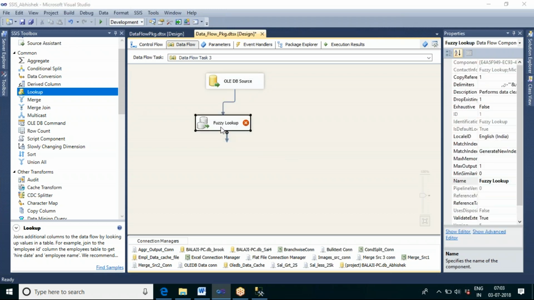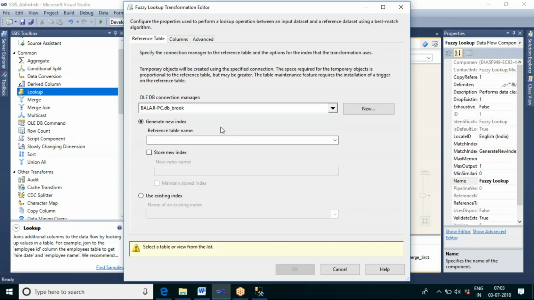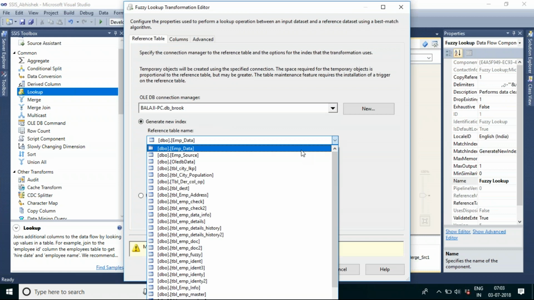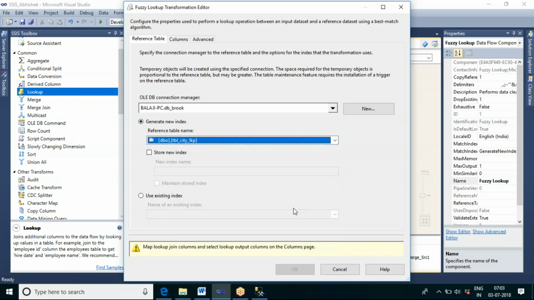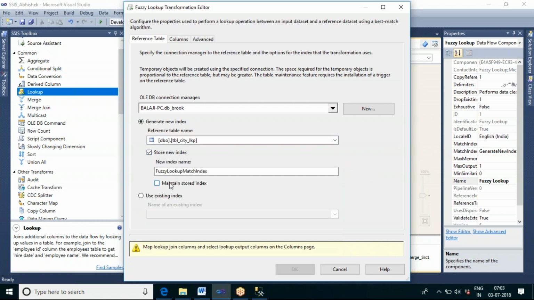So here we need to apply the join, and the master table is present in the same database. And what is our master table? So this is our master table, the lookup table. Now, do you want to store a new index? It will create a new index, meaning it will create an index on this master table. And you can specify a name for the lookup index, so let us say store Abi. Okay, and let us go to the columns.